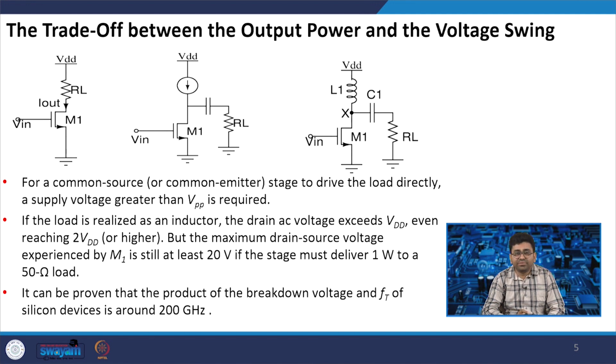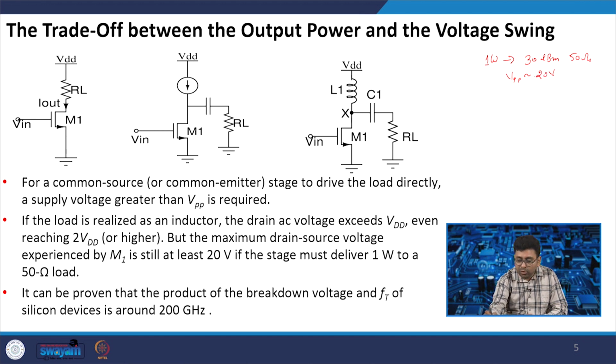If I want to transmit 1 watt of power, and we convert that into dBm, it will be 30 dBm for a 50 ohm load. For this much power, the peak to peak voltage should be around 20 volt,